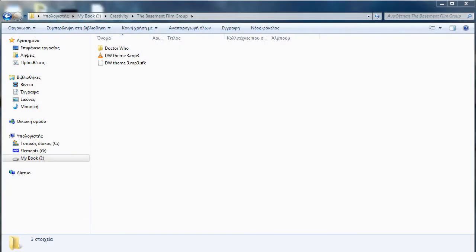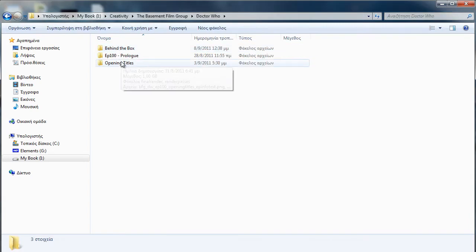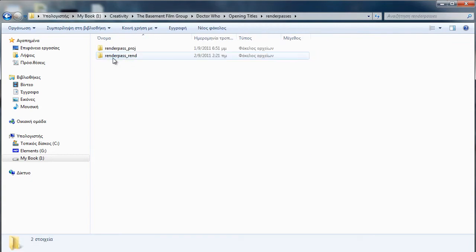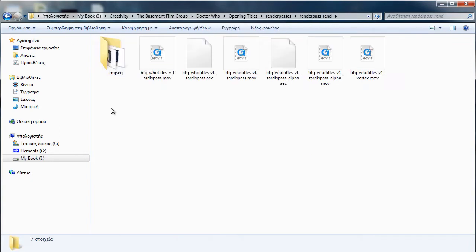So now we're going to have a look at rendering. Rendering is the process of actually taking that animation and saving it to images. So we have a look here in our folders, in the folder opening titles. I have a folder called render passes, and what render passes are, it's video files with everything